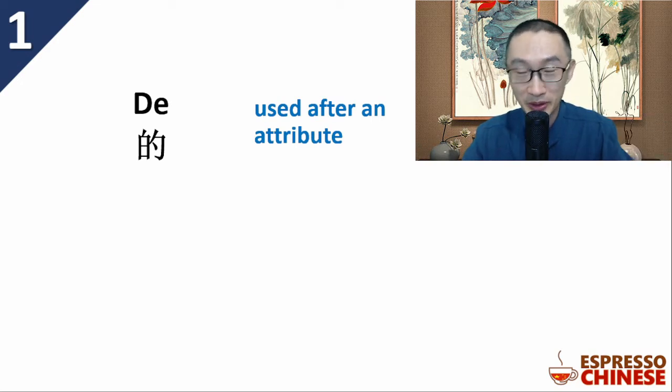Between this beautiful and the flower, in Chinese, you have to put 的. We say beautiful 的 flower. That's just the grammar points. Beautiful 的 flower. Attribute 的 and noun. We will talk about it in the near future in detail. But right now, try to remember in this lesson, this 的 we use after, for example, 我